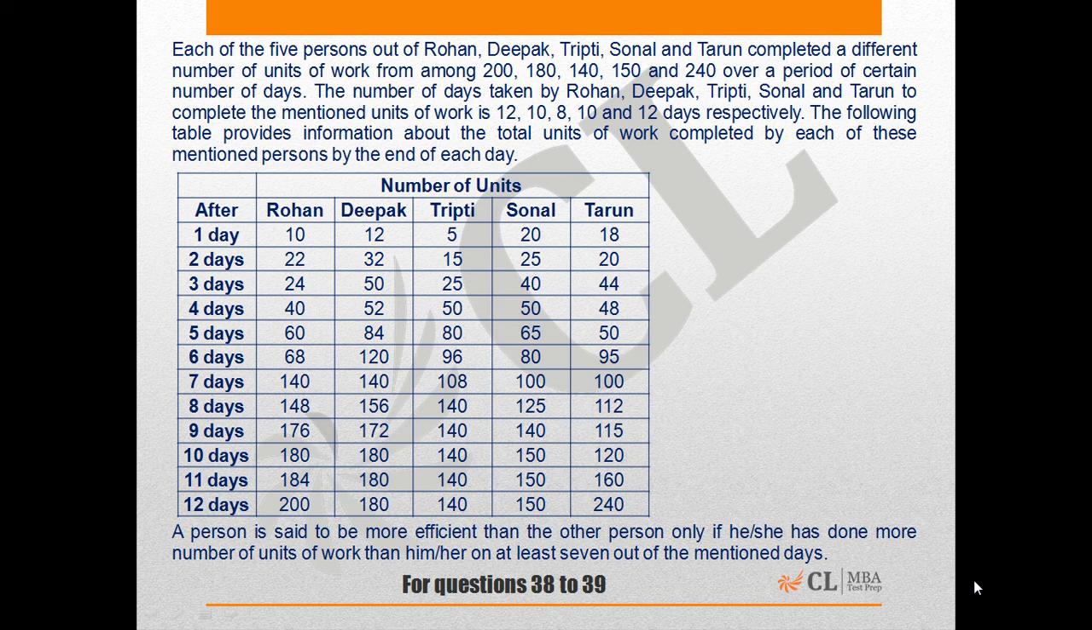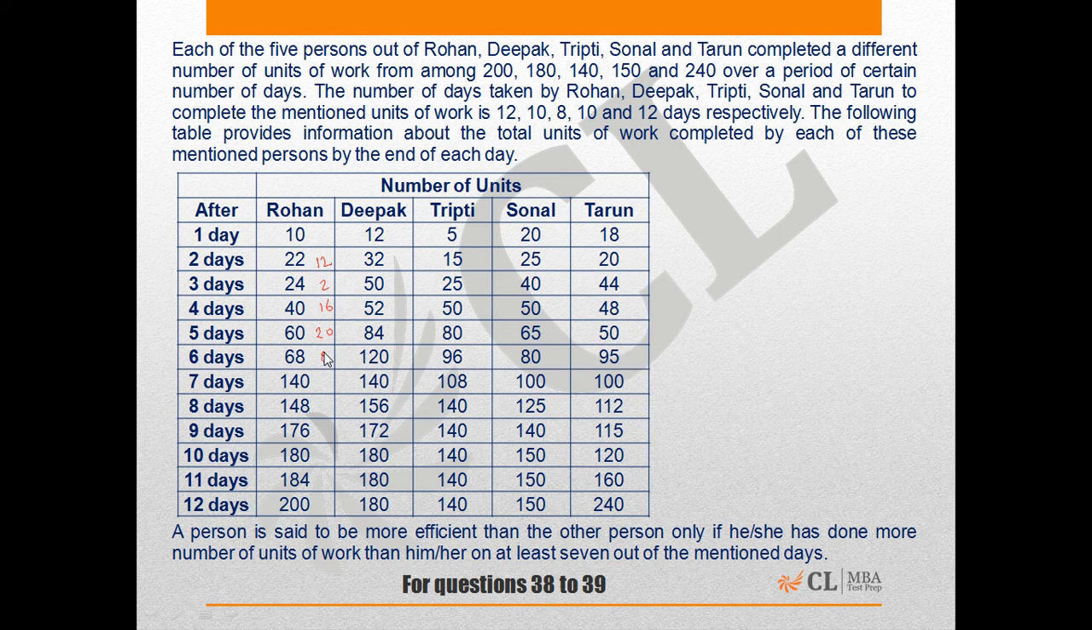Now it is also mentioned that a person is said to be more efficient than another person only if he or she has done more units of work than him or her on at least 7 of the mentioned days. What we have to do is first calculate the number of units of work done by each of them on each of the days. Rohan, first day it's 10 units, second day it is 12 units, third day it is 2 units, then 16,